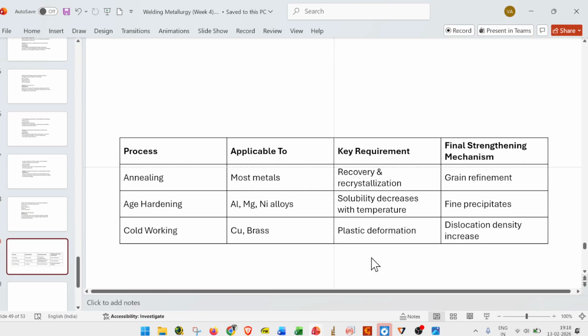Okay. So annealing we can use for most of the materials, age hardening is only for aluminum, magnesium, and nickel alloys, and cold working for copper and brass. Okay, key requirement: recovery, recrystallization, solubility increasing with temperature, and plastic deformation. Okay, grain refinement, fine precipitation, and dislocation density increases. This is the